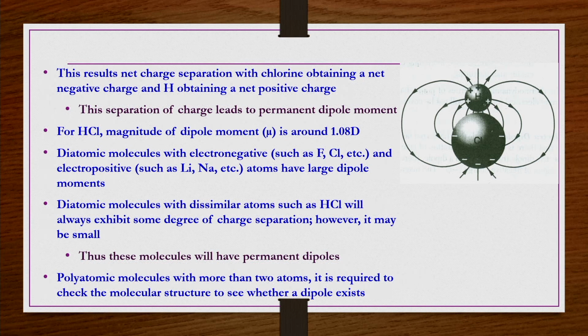Further, for polyatomic molecules with more than 2 atoms, it is required to check the molecular structure to see whether a dipole exists or not. So, it is difficult to say for polyatomic molecules directly like this. Let us say HCl, only 2 atoms are there, we can see their valence electrons, etc., and then we can understand what kind of charge is going to develop, whether an electric field is going to develop or not, because of which we can understand whether any dipole moment is going to exist or not. But if more than 2 atoms are there, it is difficult to say directly,